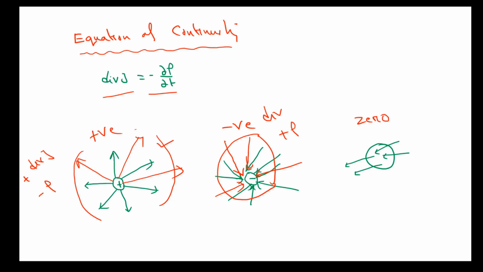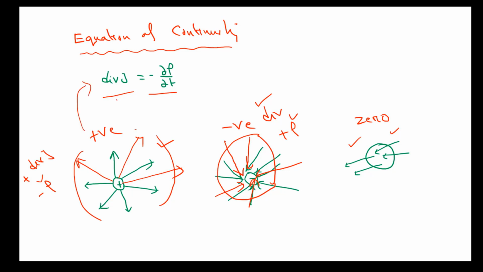For positive divergence the flux is in the outwards direction, so the volume increases and my density decreases. Negative divergence means the flux is in the inwards direction, so my density increases. And zero divergence means the incoming and outgoing are the same. Now the correlation between this divergence and the equation of continuity is that you see this is